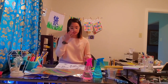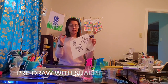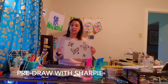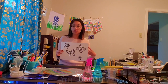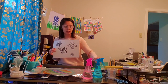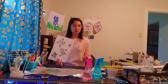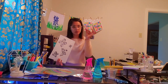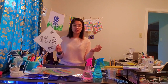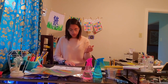So I am back, and this time I pre-drew on my white paper, and I did it with black Sharpie. It's important that you use black Sharpie if you're doing this technique, because Sharpie doesn't bleed when you add water as much as a Crayola marker, as we're going to be using in the foil. You're going to need this, and if you want to do a little fun experiment, grab a white crayon, and we're actually going to use the fact that it doesn't show on white paper to create a cool technique on the back. So I'm going to do